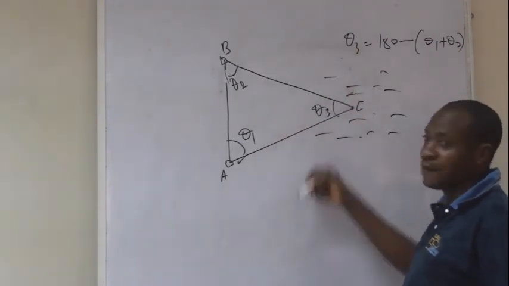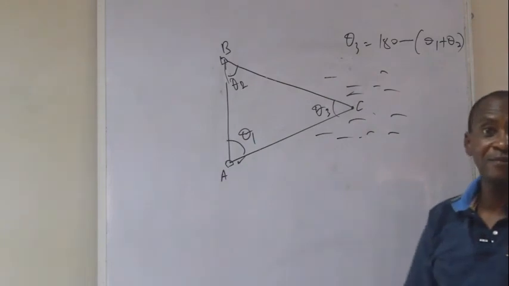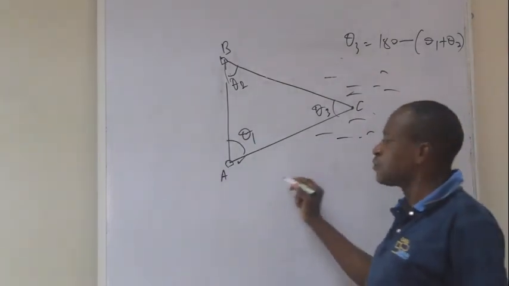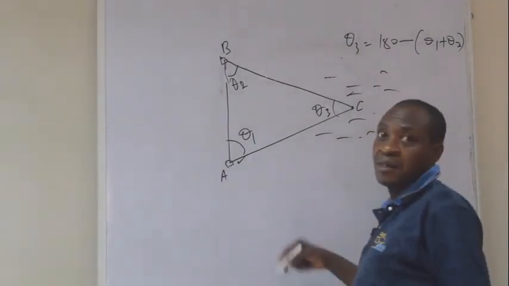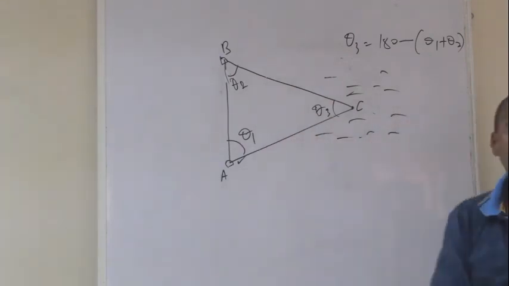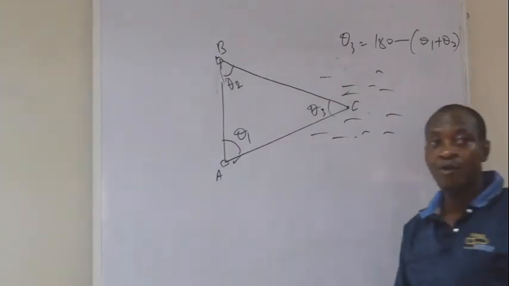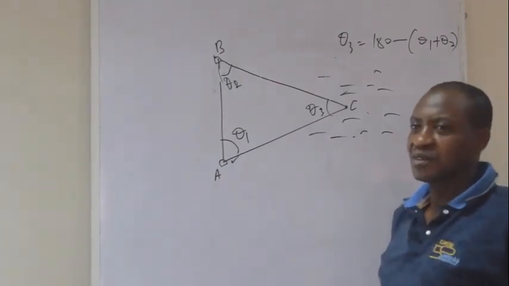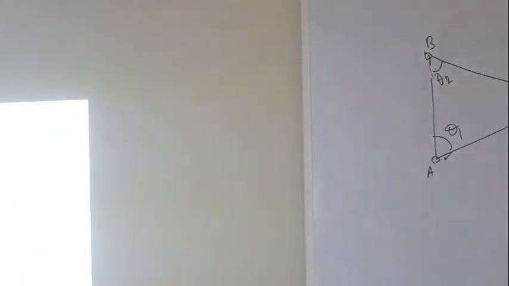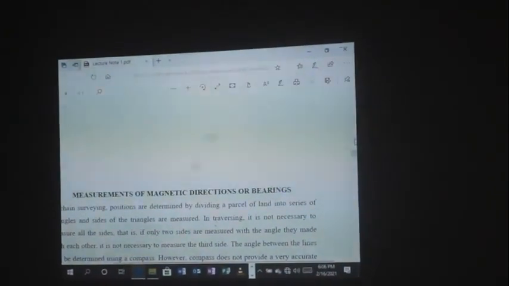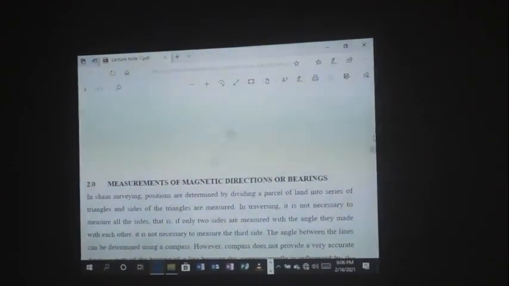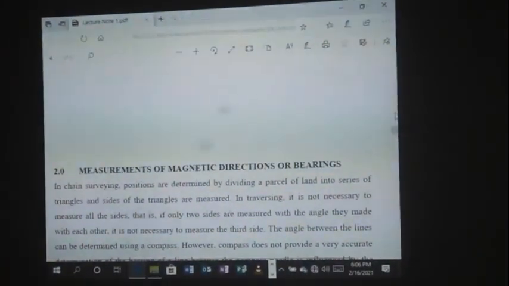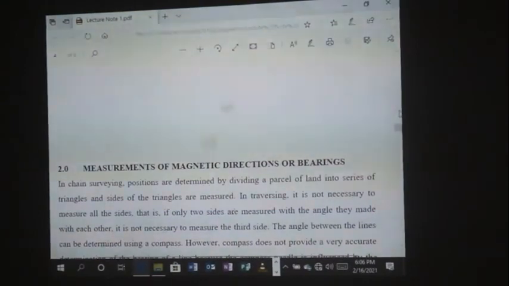You can know the distance here and here if you use your sine formula. And with your cosine rule, you can determine all those points. So that method is what we call intersection. You will see that in this case, only purely angular measurements were carried out without distance measurement. So that is that. Now I want to go to another